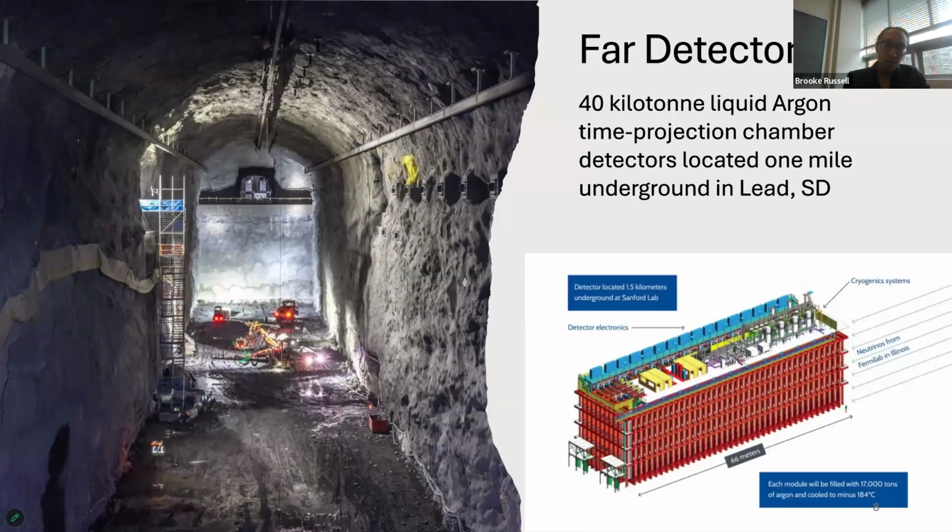So a little bit about the far detector. These are actually 4 gigantic detectors located a mile underground. Excavation of the detector hall was completed over a year ago. The photo on the left is a picture of that cavern during excavation. Over 800,000 tons of rock was removed to create this facility. That's equivalent to 8 aircraft carriers in mass, so a very immense amount of rock. And in these very large caverns, we'll put gigantic detectors.